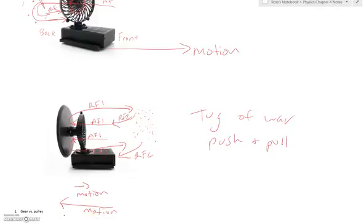If we're thinking about this in terms of vectors, vectors heading in opposite directions would subtract. And if they're going to subtract, that means that the speed is going to be slower, which is what we found. When we put the fan or the shield on the fan car, we not only found that it reversed directions, but it moved slower, right? And realistically, that's happening because of these vectors, because of this tug of war, this push and the pull,